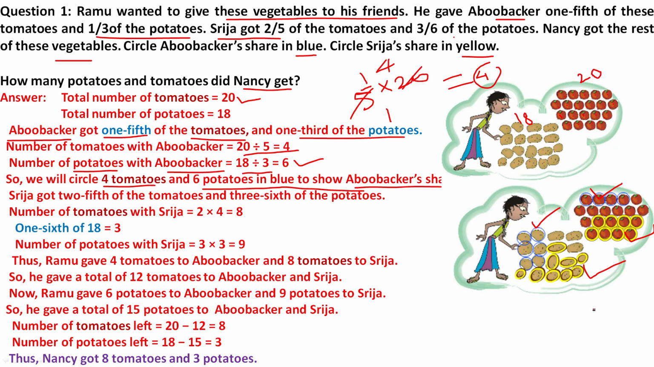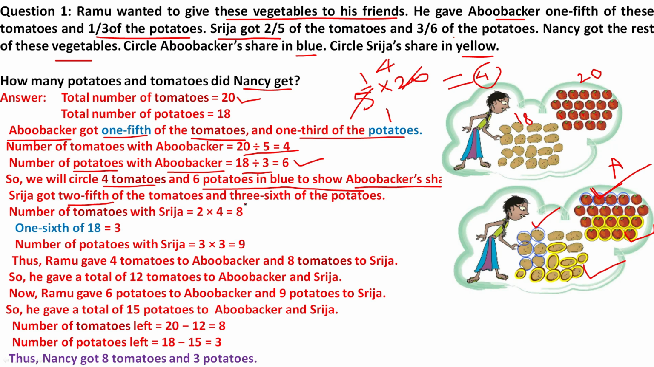Here we have already circled 4 tomatoes. This is for Abu Bakr, and 6 potatoes. These 6 potatoes are the share of Abu Bakr. Then Srija got